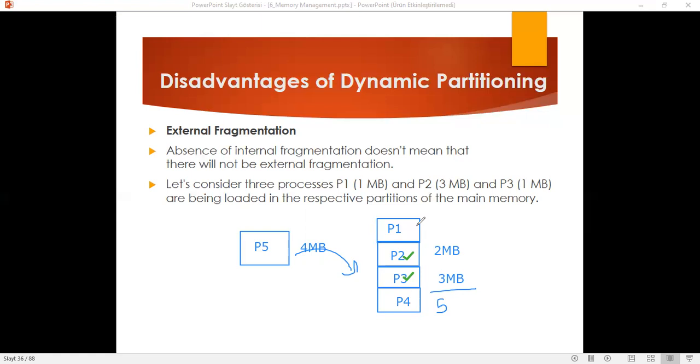Okay, but actually I did something wrong here. If they are one after the other, it will be possible. So let's say in this case it is possible. Because it is one after the other, 5 megabytes of space will be available. But let's say